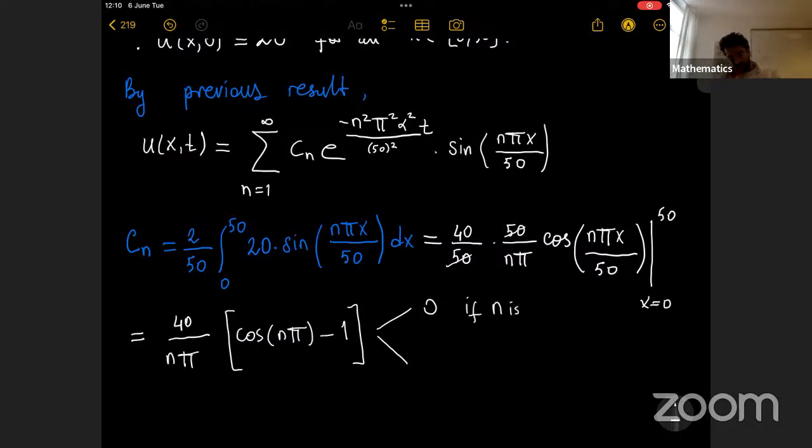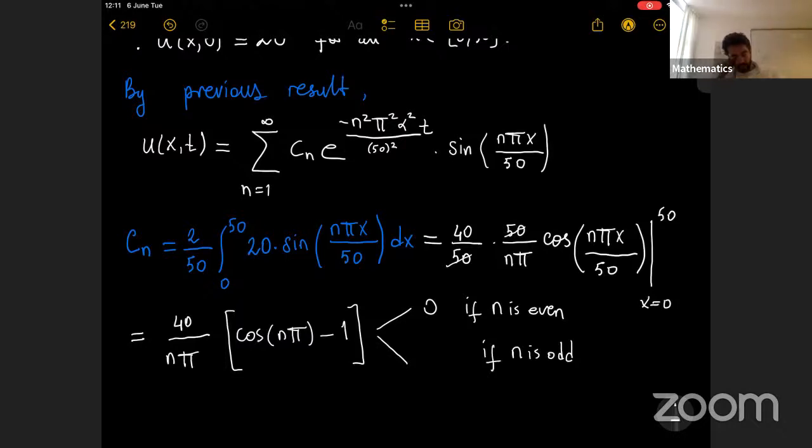If n is odd, cosine(nπ) will be minus 1. So it's going to be minus 2, minus 1, minus 1, minus 2. So minus 80 over nπ if n is odd,